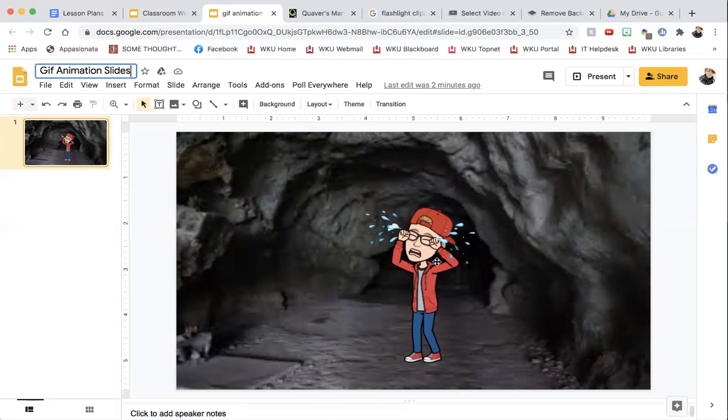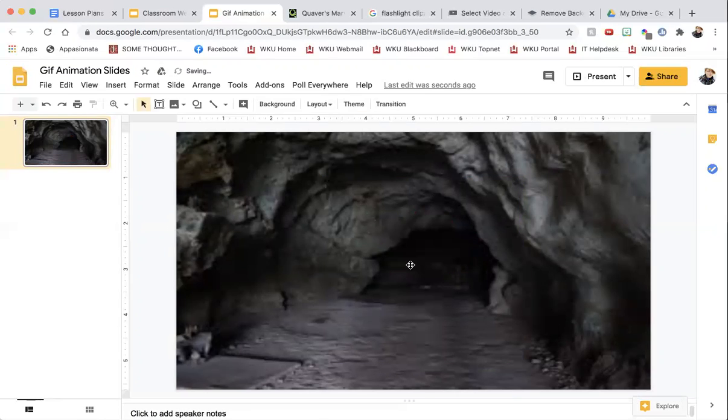Whatever background you're going to use, I would suggest using it, because removing the background like I showed you in the previous video works, but sometimes you don't get all the effects. For example, the tears didn't show up when I removed the background. So I picked a background, I copied it from Google, just dragged and dropped it and then put it full